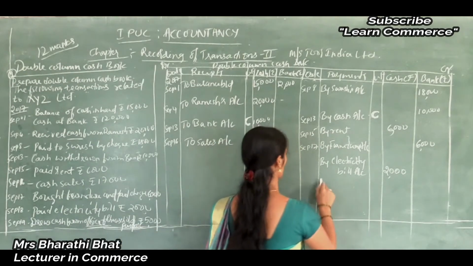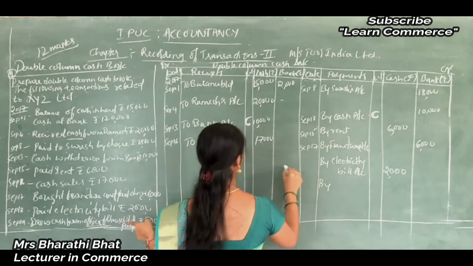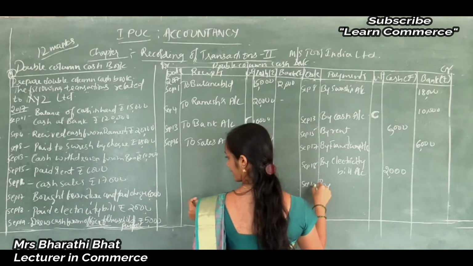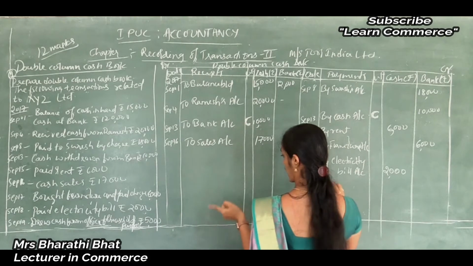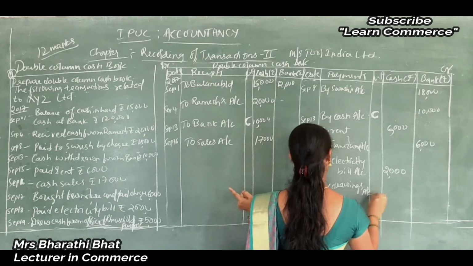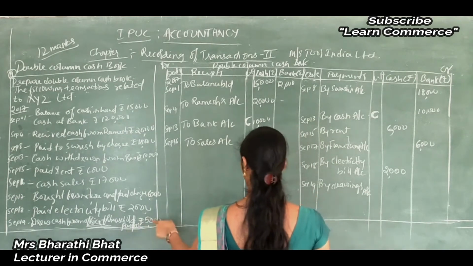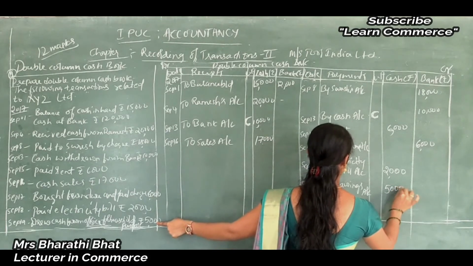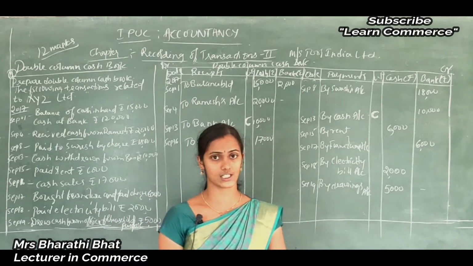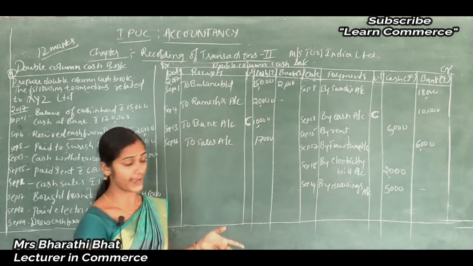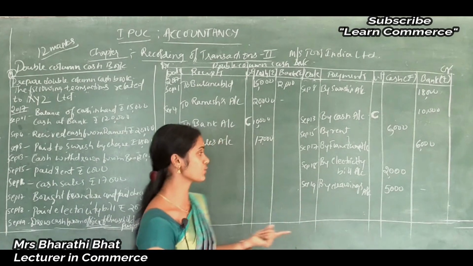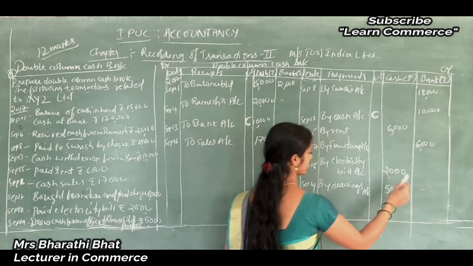Drawings. So, buy drawings. Before that, write the date: September 18 paid electricity bill, and September 19 drew from office for household purpose, buy drawings account. Very important transaction. Drew cash, so 5,000 in the cash column. If you drew a cheque or drew an amount from bank, then that affects cash and bank, but now drew cash from office for personal use, that's why the amount goes under the cash column.